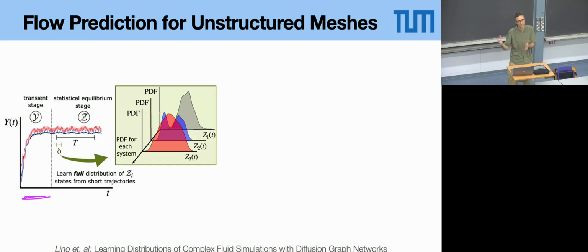Then afterwards, you can start running your evaluation and see whether your wing is potentially stable or has too large of a pressure in certain regions, or run some statistical analysis afterwards. But such a scenario where we're just interested in these more or less steady states, and we actually don't care about these initial ones, is also a very good one for these probabilistic learning approaches, because then we can just treat this part here as a distribution and give the network a task to basically not be aware of time,